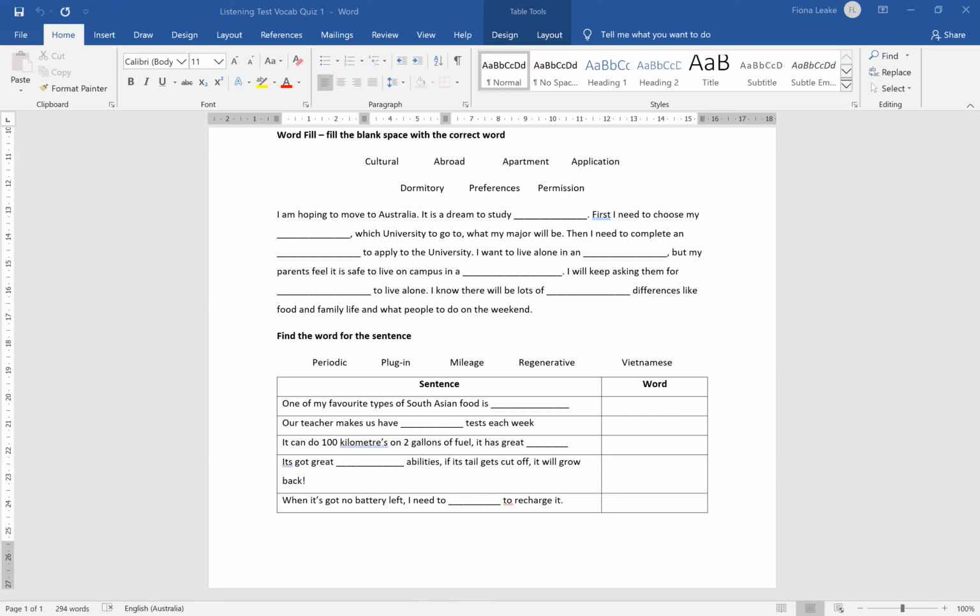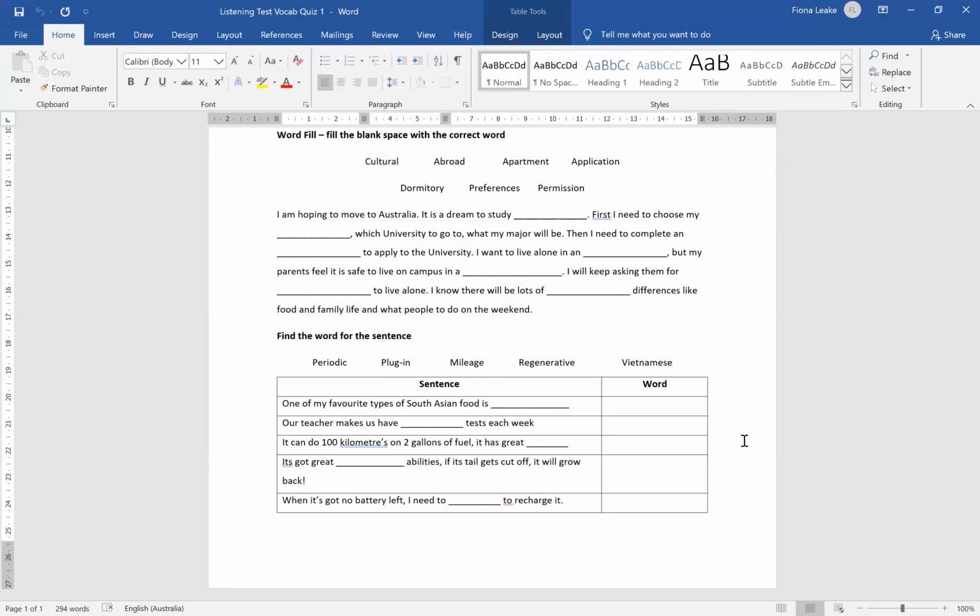So moving on to the next section. Find the word for the sentence. Okay, so the words are periodic, plug in, mileage, regenerative, and Vietnamese. One of my favourite types of South Asian food is